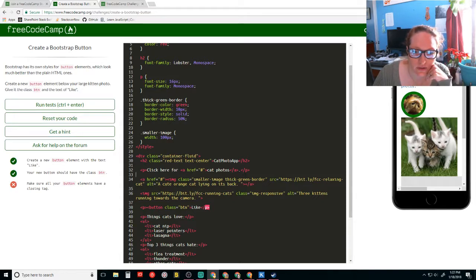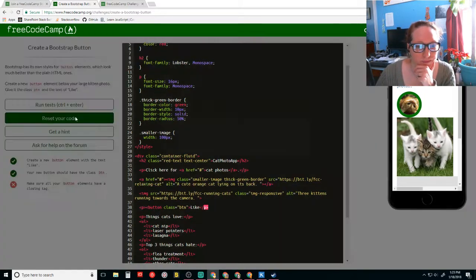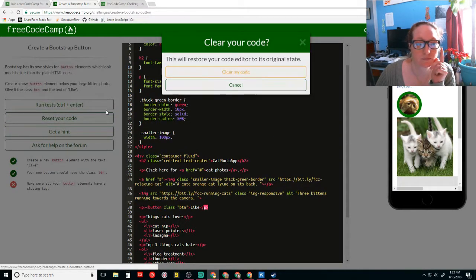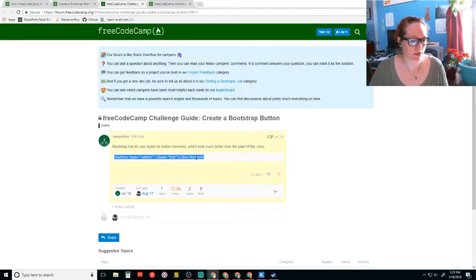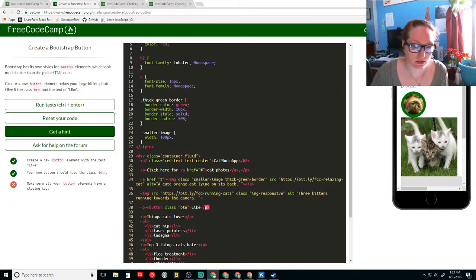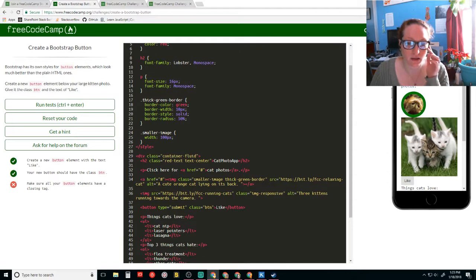It's an open and a close. This is what it's supposed to look like. Button opens it. And button closes it.